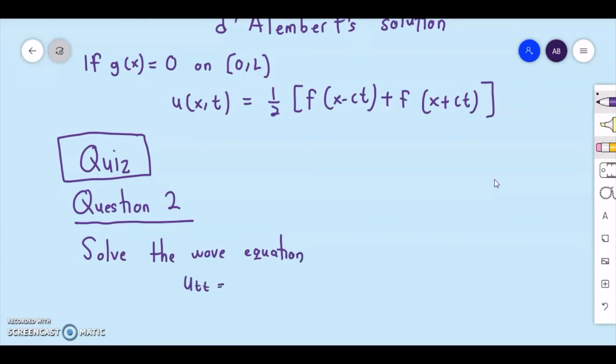This is a wave equation subject to the initial conditions, such as we have